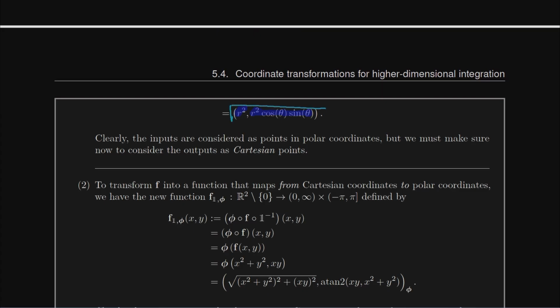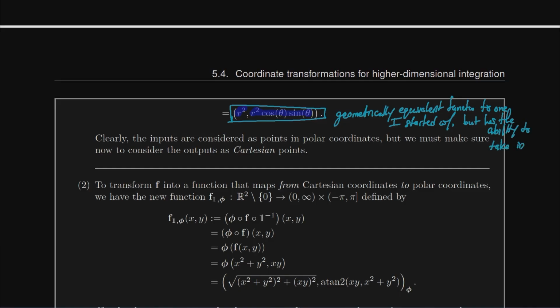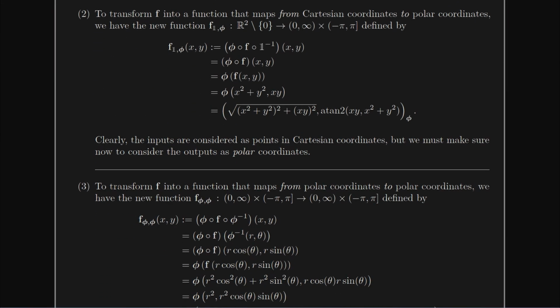So this is now a geometrically equivalent function to the one I started with, but it has the ability to take in polar coordinates. That's what we want to think about this function. It takes in polar coordinates. Now, the outputs are still going to be interpreted as Cartesian, but it has the ability to take in polar coordinates. We can do the reverse, which is to allow ourselves to keep the ability to take in Cartesian coordinates,